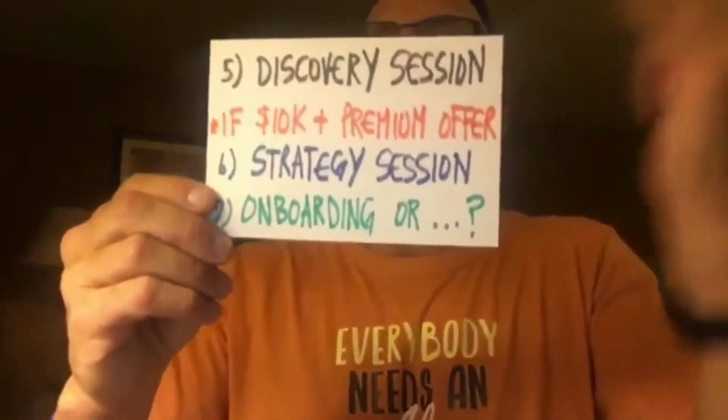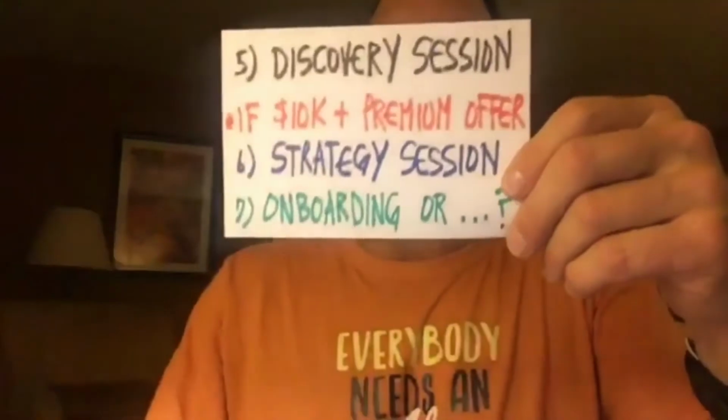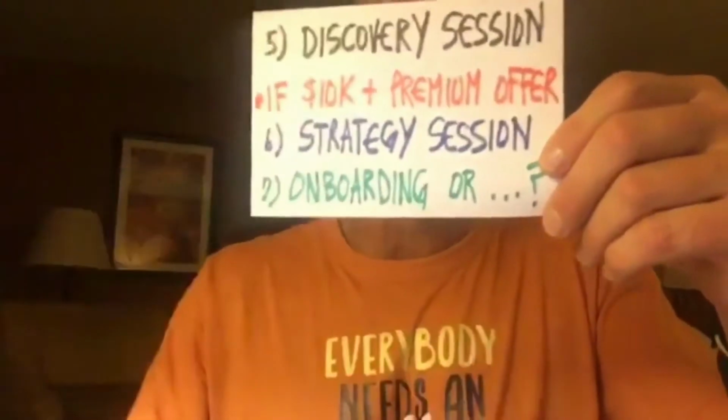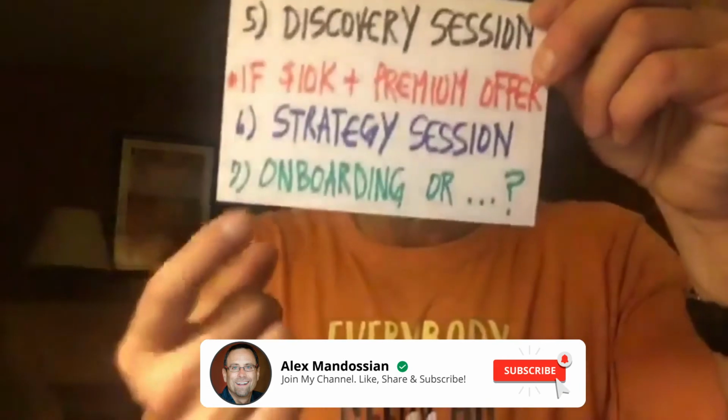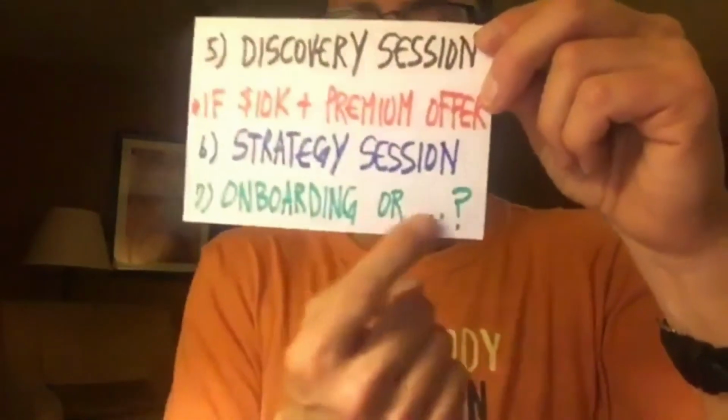Then the 5th step is the discovery session. And if the offer is more than $10,000, there's also a strategy session where the discovery session person goes to the strategy session person and outlines what they learned and asks the candidate if there's anything missing, and the candidate fills in all the blanks. And then if there's a yes, then there's an onboarding session or a downsell. A downsell is if it's not in their budget to say yes.